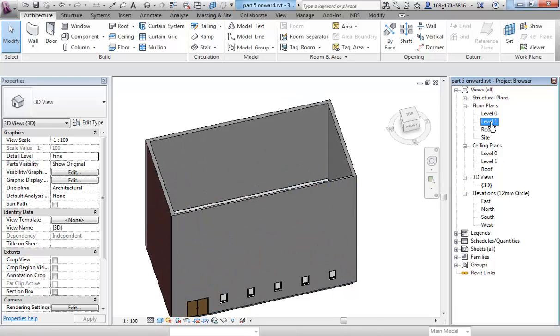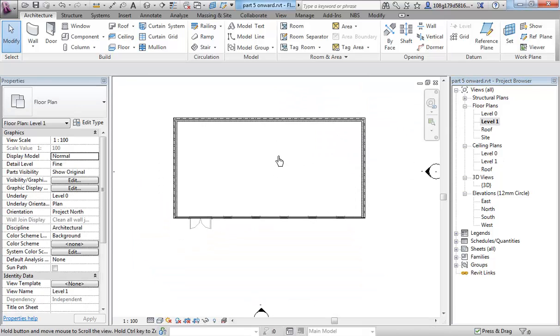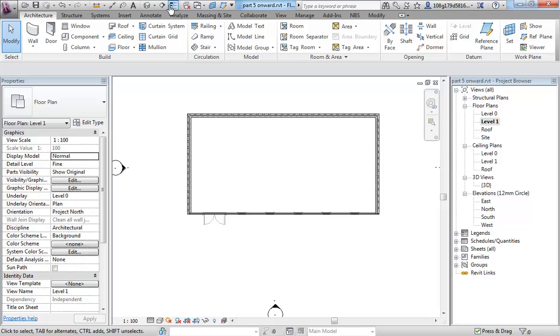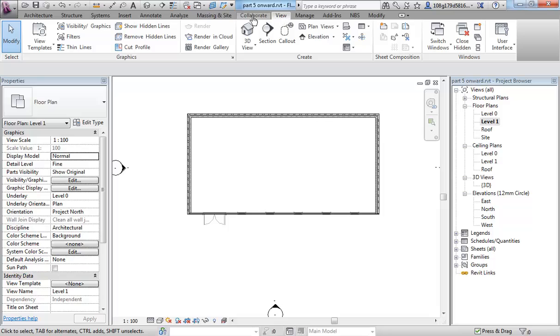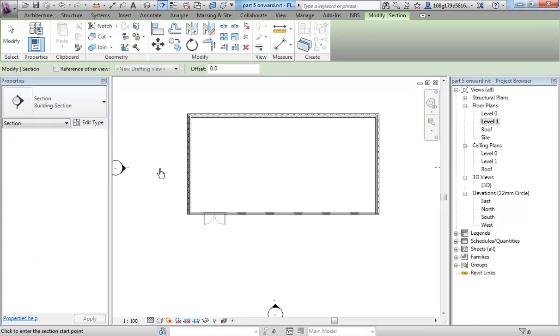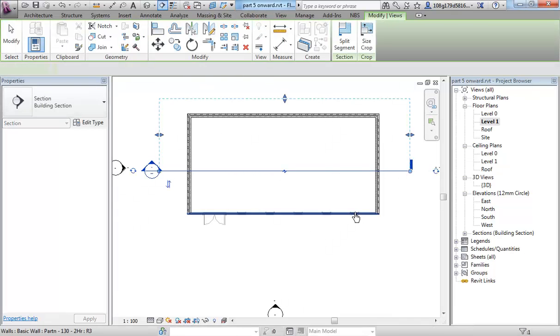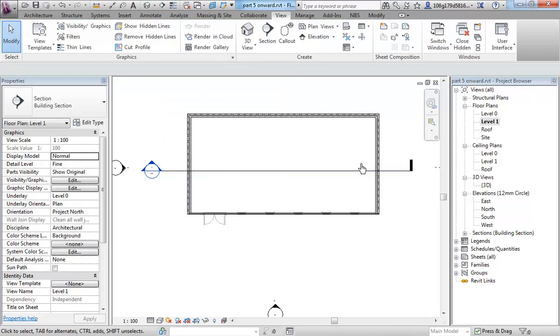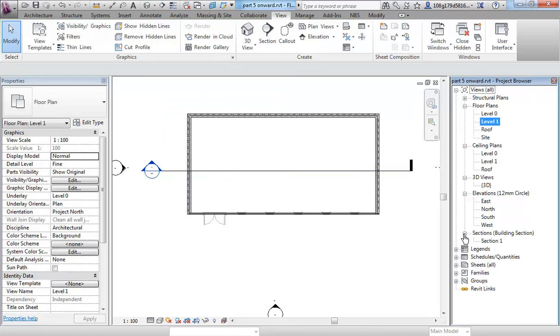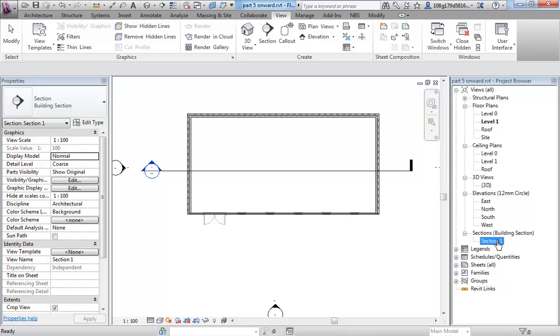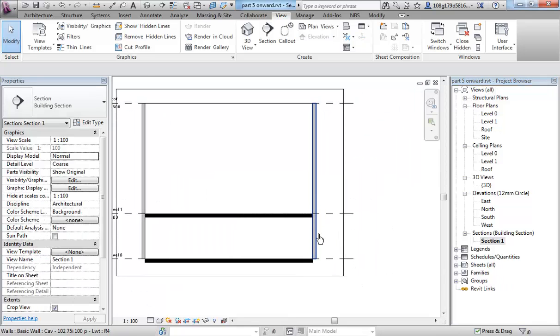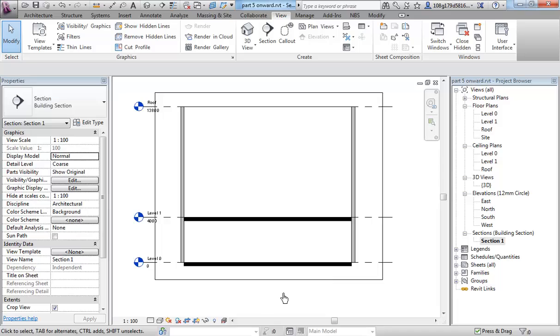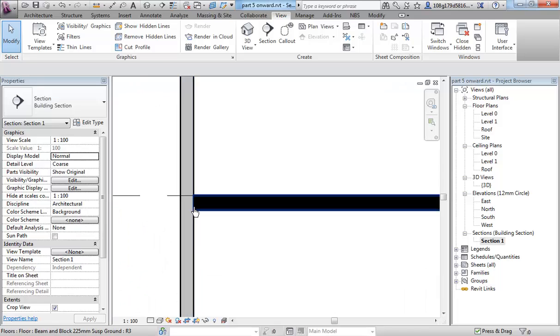A nice way of seeing what you've done here is on the top toolbar there is a section line. You can also access this from the View tab, and I click once, I click twice, and I get a section line. That section now appears in the project browser, and I can see now a section through my building, and you can see